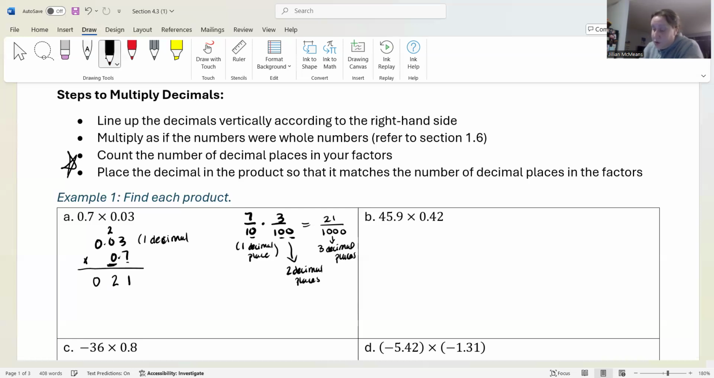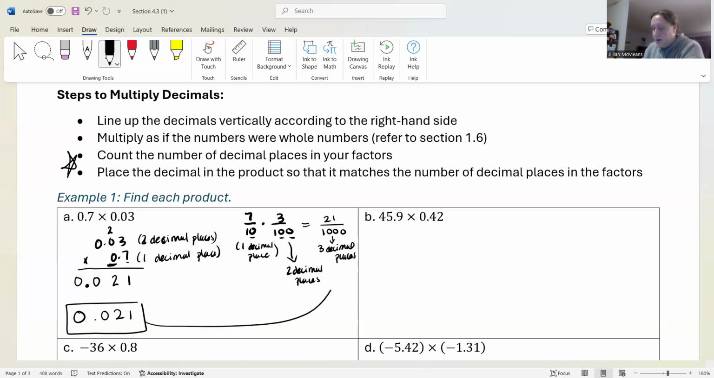Well, that's a lie. I have two decimal places. And then I have one decimal place. And the directions here say count the decimal places in your factors and then place the decimal in the product so that it matches the sum of the decimal places. So 2 decimal places plus 1 decimal place is 3 decimal places. So my final answer is 0.021 or 21